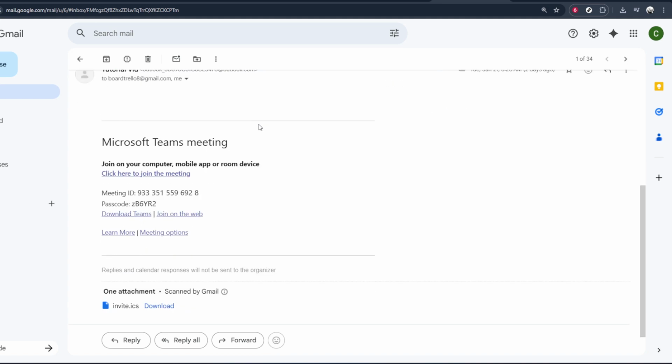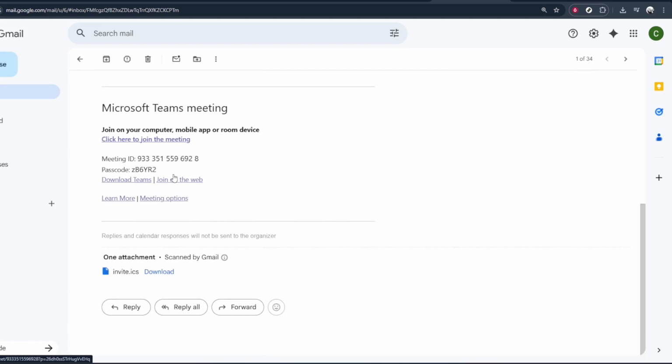Once your inbox is open, look through your list of emails for the meeting invite. It will usually have a subject line mentioning Microsoft Teams meeting or something similar, often with the meeting title and date. If you receive a lot of emails, you might find it helpful to use the search bar and type in Teams or the name of the person who invited you. When you find the email that looks like a meeting invitation, click on it to open it fully so you